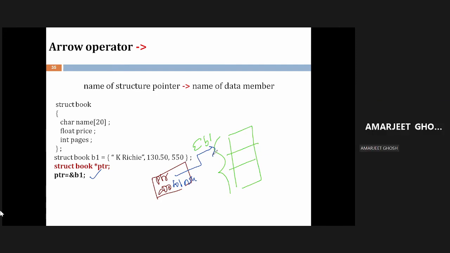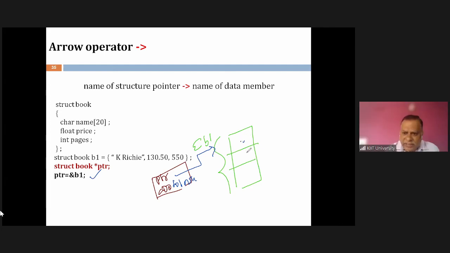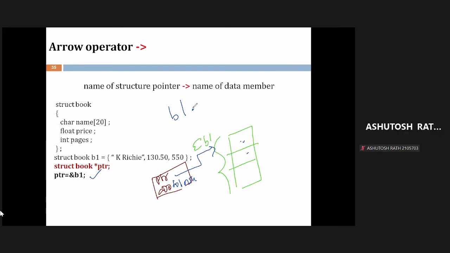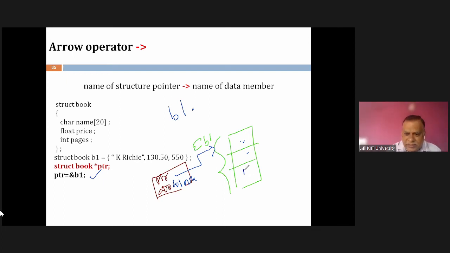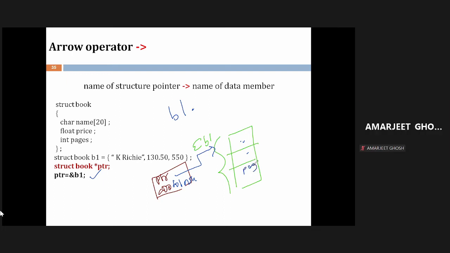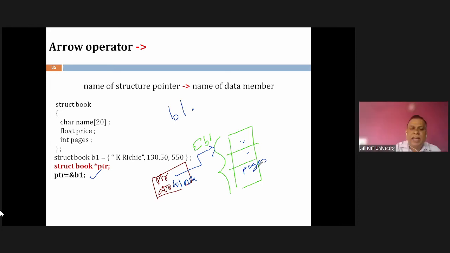Yes, sir. Every data member of this structure can be accessed by writing B1 followed by a dot. Suppose I want to access the pages using PTR. How do I access it?